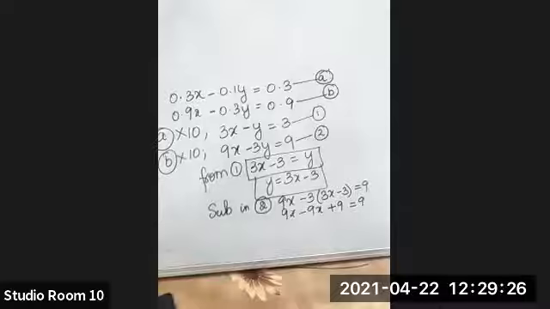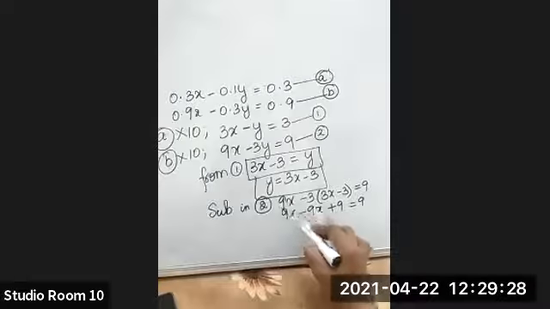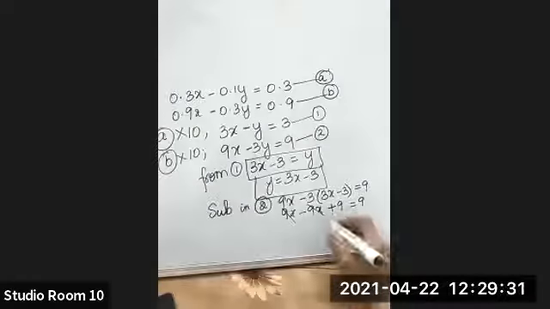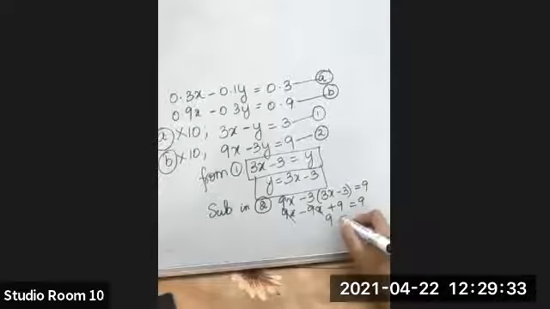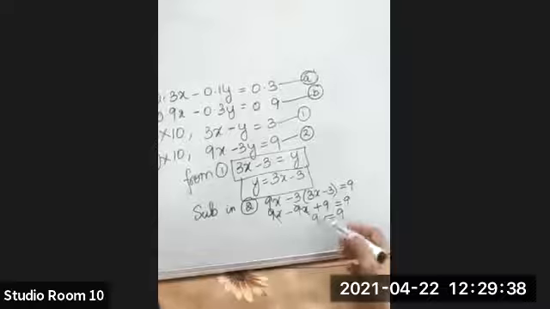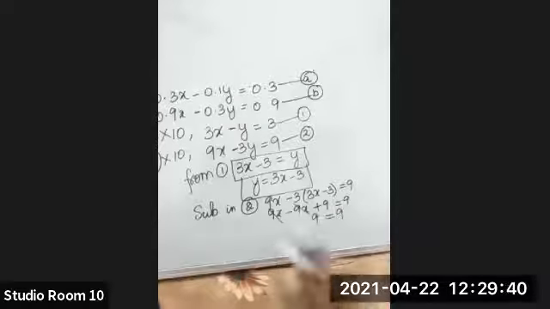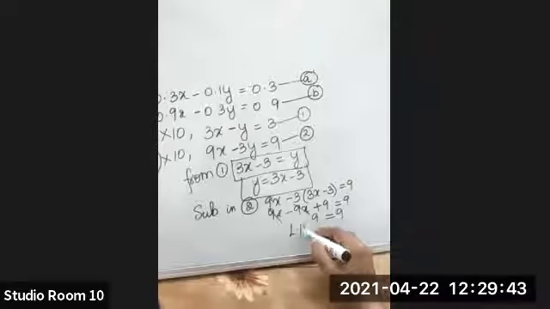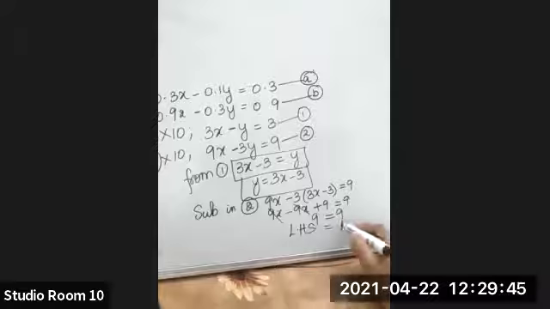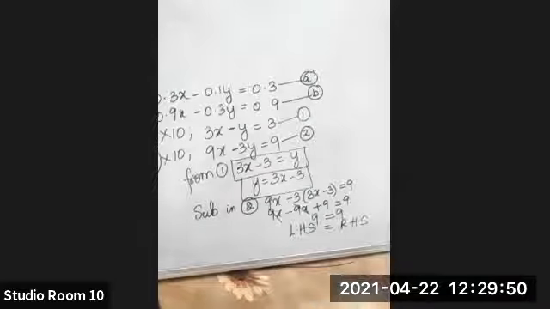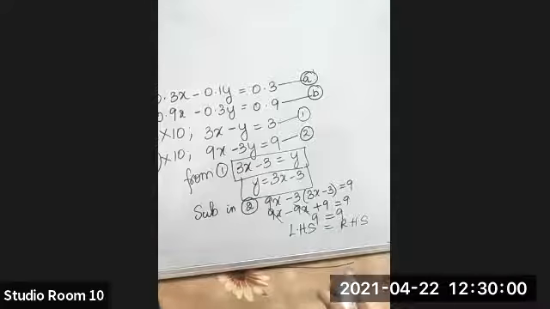Listen children, this is a 1 mark question. Here 9x minus 9x gets cancelled. Now here we are getting 9 is equal to 9. We need some x or y. Instead of x and y, we are getting 9 is equal to 9. Whether LHS is same as RHS? Yes. In the previous questions we got x is equal to something or y is equal to something. Here there is no x term, so everything gets cancelled and we get LHS equal to RHS.